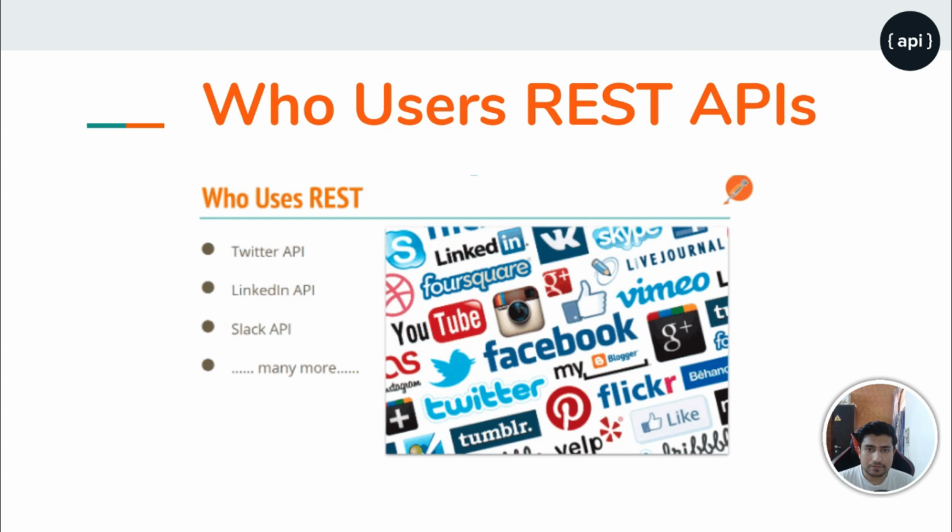So let's move on. The question arises: who uses these REST APIs? Especially we are concerned about REST APIs right now, and who uses them? Twitter API, LinkedIn API, Slack. REST APIs are everywhere. Millions of users are right now using REST APIs. For example, a simple application you use on Android, such as Instagram, fetches user information using the REST API, whether it's likes, follows, whatever it is. So REST is nearly everywhere around.